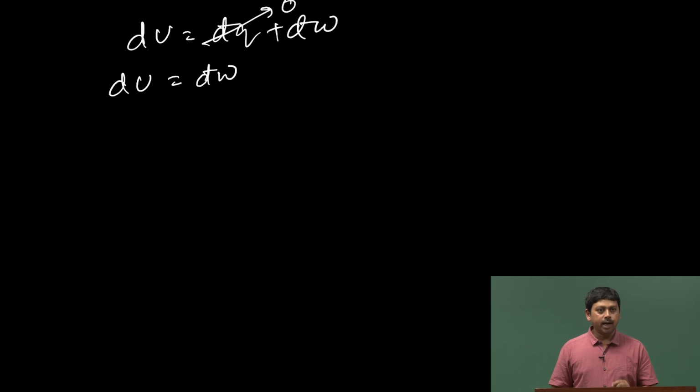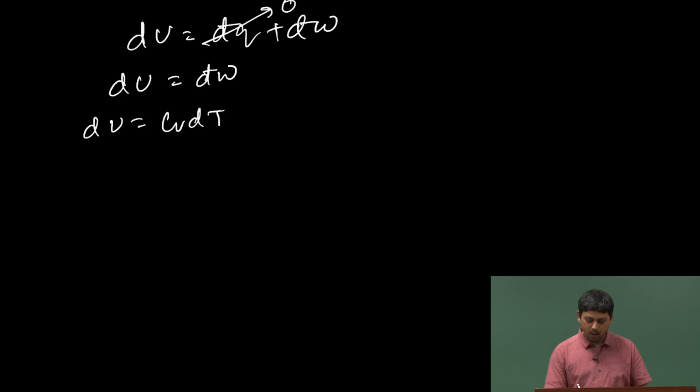Now, we know that for an ideal gas we can write dU as Cv dT. Now, given a temperature difference, in adiabatic case, of course, if there is a work done, that means some value of W is there, then you see that Cv, because Cv is taken to be constant, temperature is going to change, and that is the reason that in adiabatic case the temperature changes. And how much is the work done, that will depend on how much change in the temperature is happening. Let us say the temperature is changing from T1 to T2.